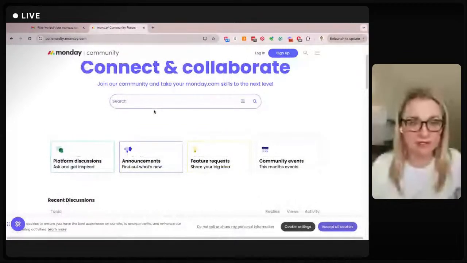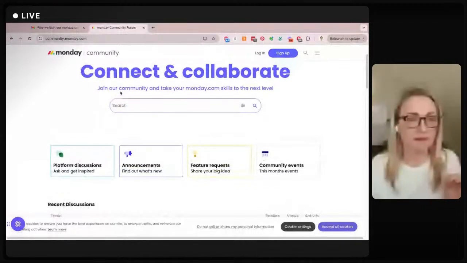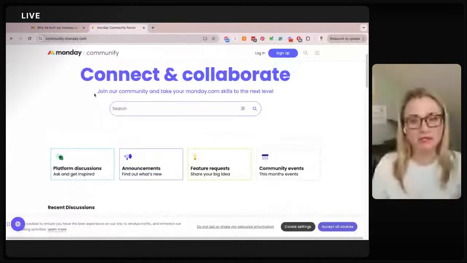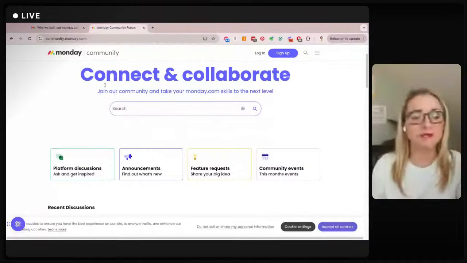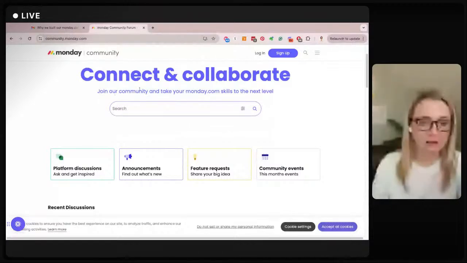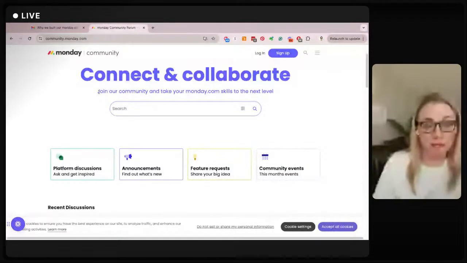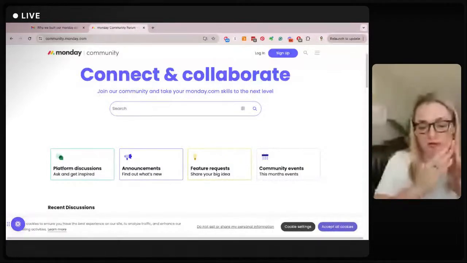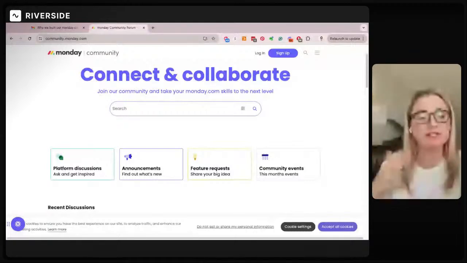I wanted to take a moment and look at the purpose here. Remember the purpose of the Airtable community, which they had as a three-part statement? This one is just: join our community to take your Monday.com skills to the next level. If I had to pick one that I preferred, personally, I like the way Airtable approached it, although I'd remove the part about connecting to the Airtable universe, because people aren't generally browsing a community to connect.